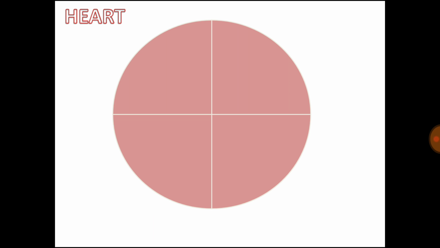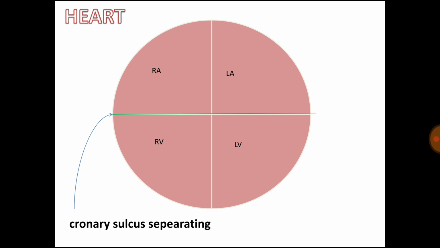We're talking mainly about the human heart, which has four parts, four chambers. The upper two chambers are known as auricles and the lower two chambers are known as ventricles. As per their side position, they are known as the right auricle and left auricle, and the lower chambers as the right ventricle and left ventricle, and they are separated by the coronary